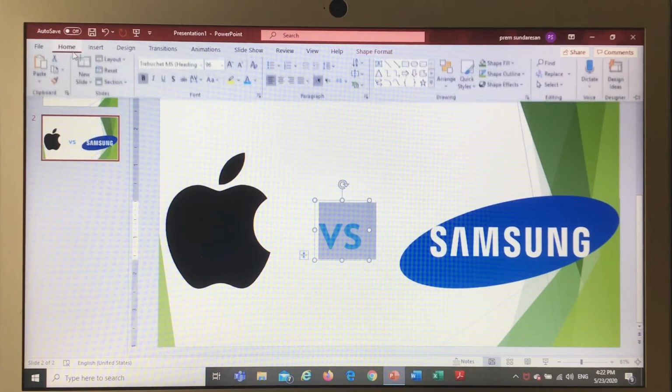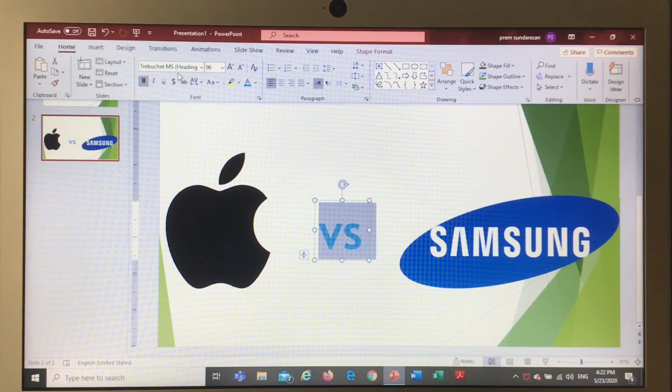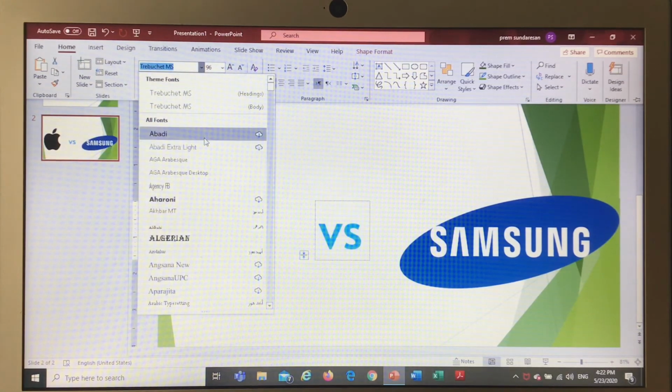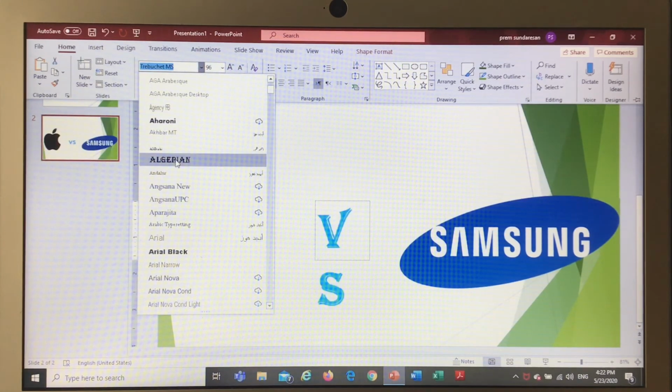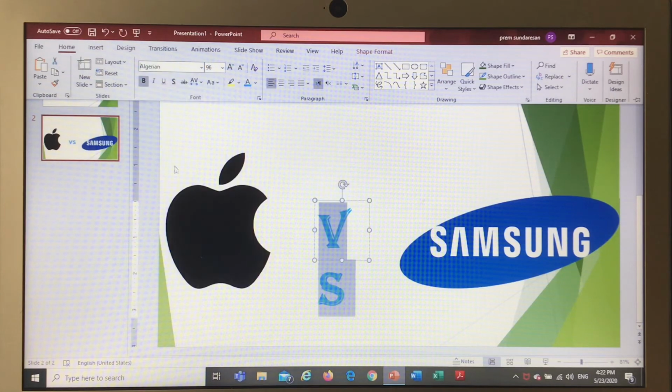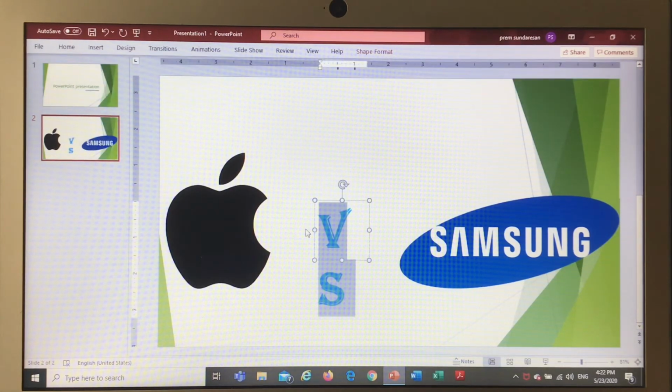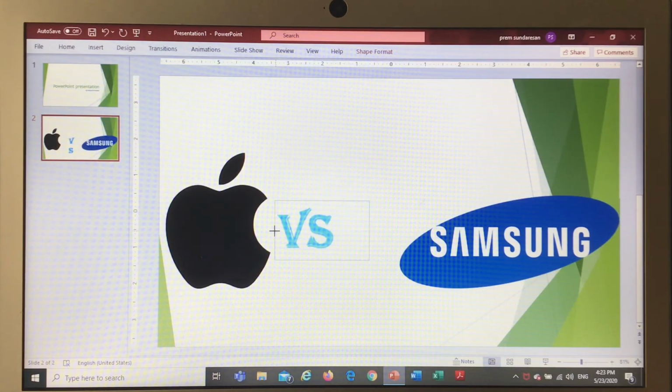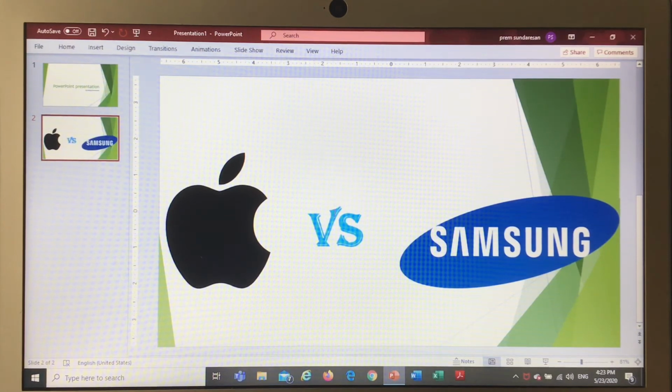Maybe we go to home, and as you can see here, a font has been written. If you don't want that, you can go with this. Make sure making it a different font doesn't put your text outside the box, as it will look weird. Okay, so I choose one, and now we have set in our text with a new font.